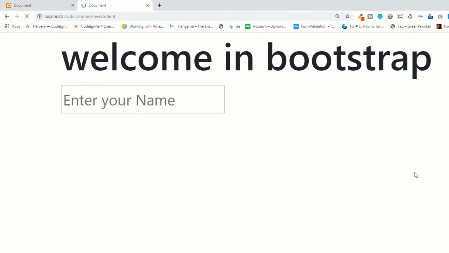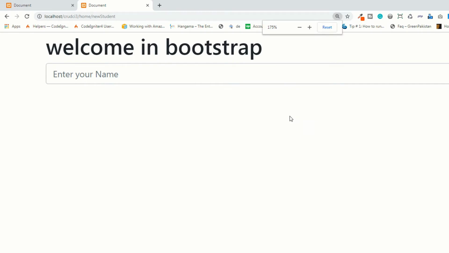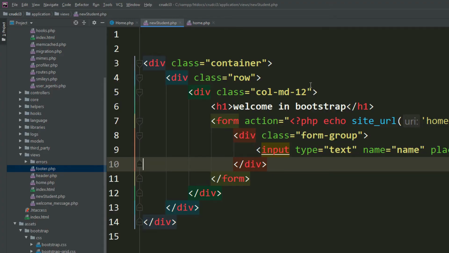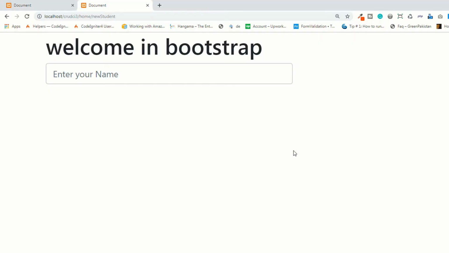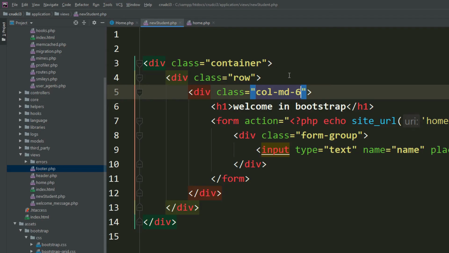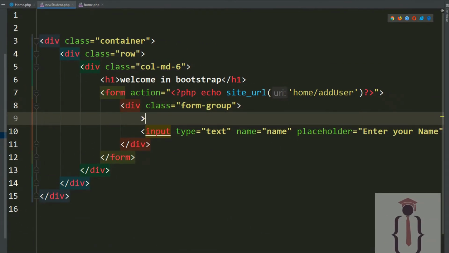Now go to the page, refresh the page. It's now showing like this because it's a long form. I'm saying that col-md-6. It's fine. Okay, now I'm saying that this is the label to make it user friendly. So I'm saying enter your name,